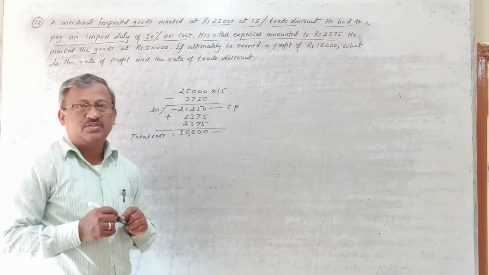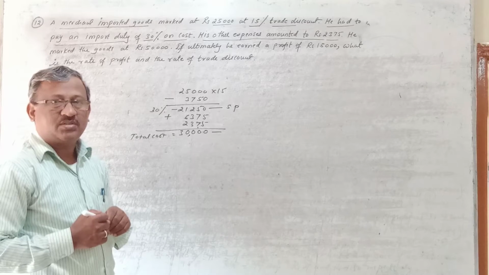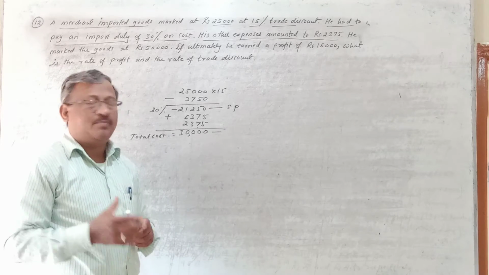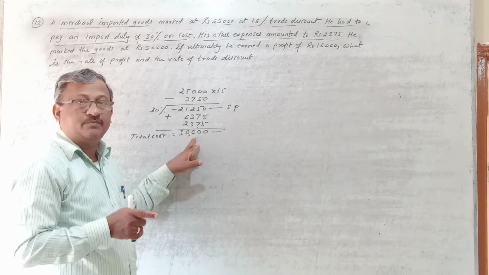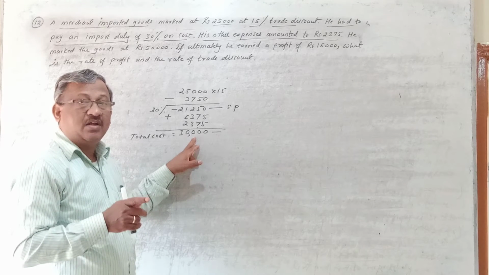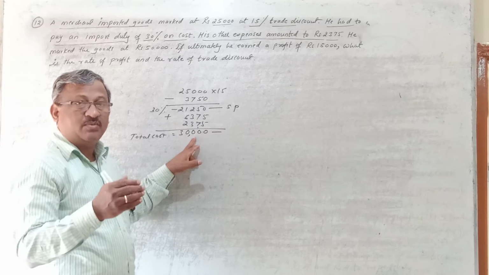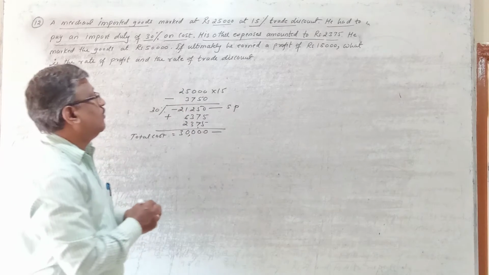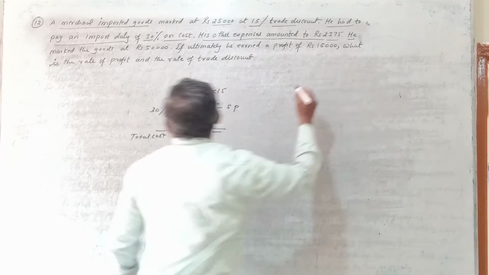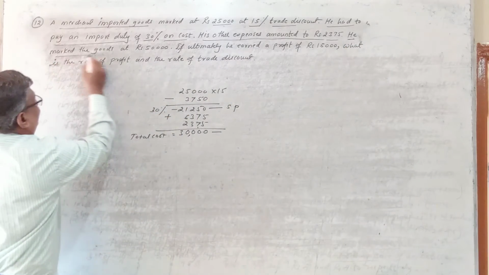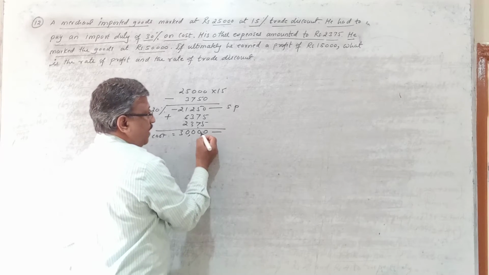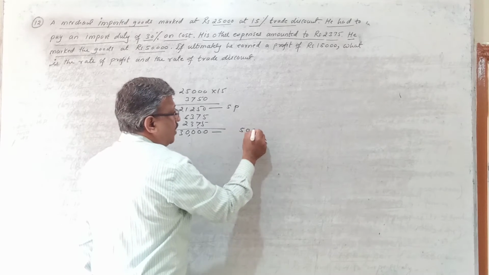Now what does the importer do? He wants to sell the same goods to his customer. Before selling, he refixes the price of the same goods, in such a way that after giving his customer some discount, he still gets some profit. So here further they have mentioned he marked the goods at 50,000. Means the importer has fixed the price of the same goods at 50,000.